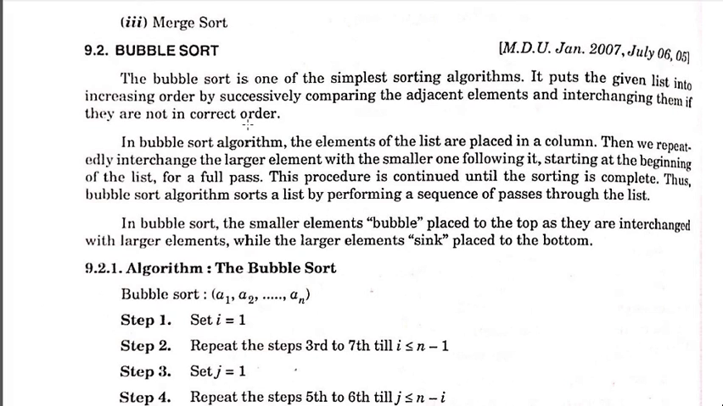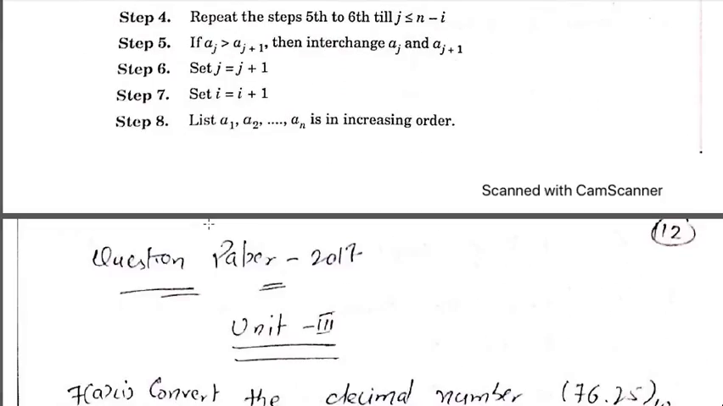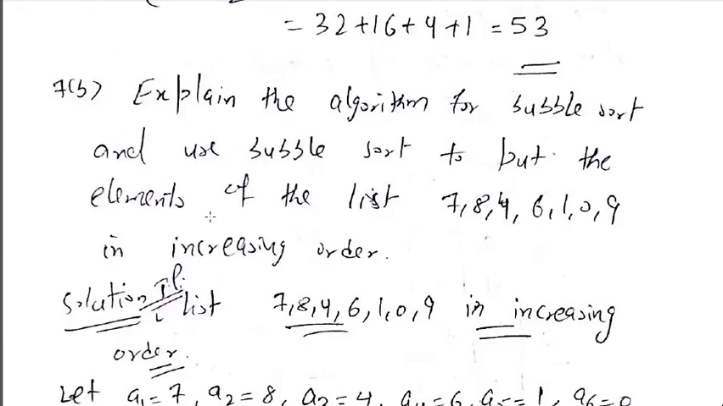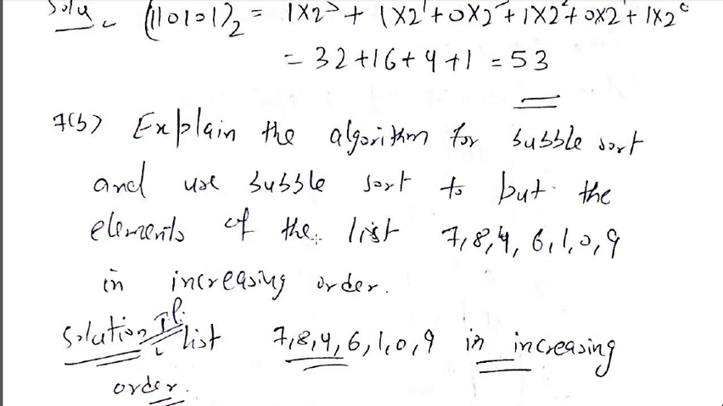With the help of the bubble sort algorithm, we will start from the first element in the list and interchange it with the second element if they are not in correct order. Then we will continue this process until we get the correct list in increasing order. So with the help of the bubble sort algorithm, we can put the elements of this list into increasing order. And about this we will discuss in the next